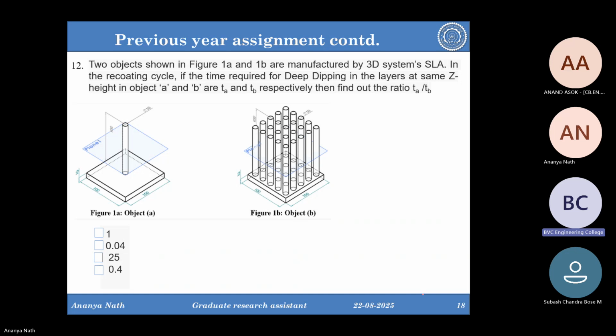So dip coating is an older system, no? Yeah, the first system. Two objects are shown in the picture. So just remember, if you're talking about the dip coating process and the 3D Systems SLA,